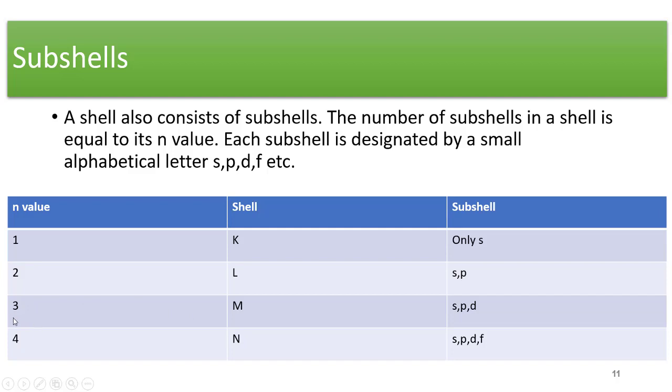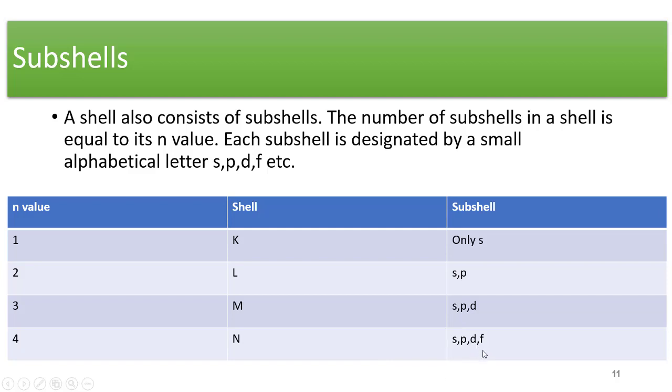The name of the shell will be L, and S and P subshells will be present in it. Similarly, if there is the third shell, the value of n will be 3. The shell is represented by the capital letter M and there will be 3 subshells, S, P and D in it. And if there is the fourth shell, the value of n will be 4. The shell is represented by the letter N and 4 subshells will be present in it, that is S, P, D